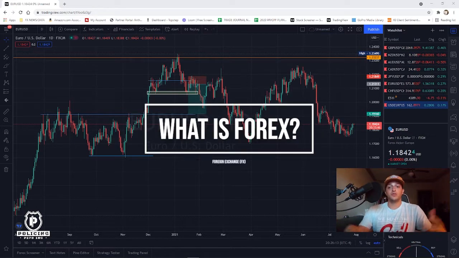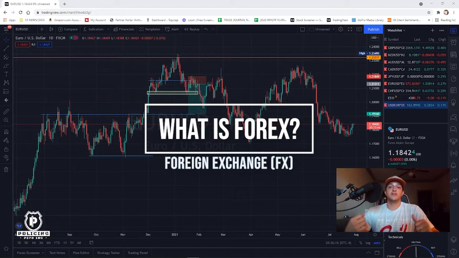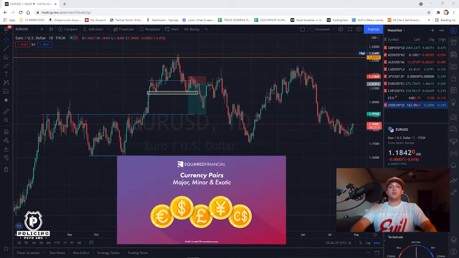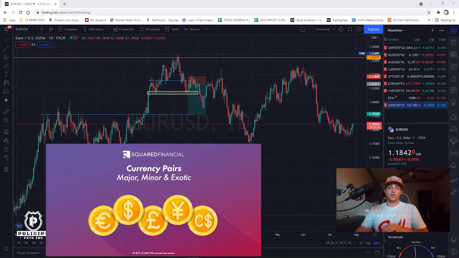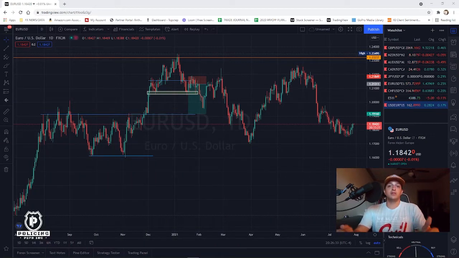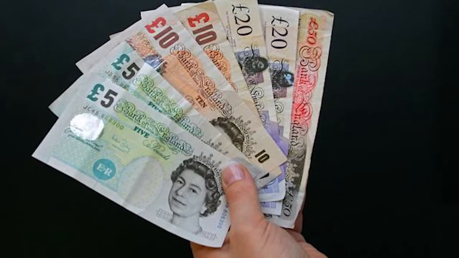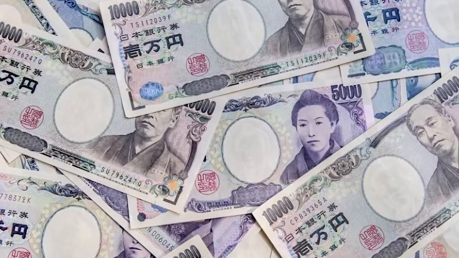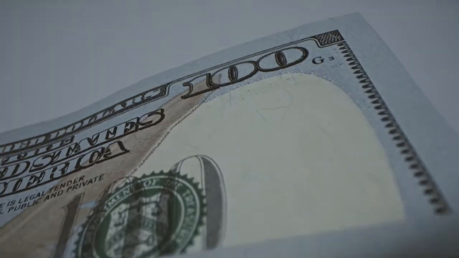So, what is Forex? Forex is the foreign exchange currency. For me, when you hear me say Forex, it's going to be these pairs. I only trade major pairs. A lot of people can mix in majors, minors, all that stuff. For me, super basic. If you ever hear me talk about Forex, it's going to be the British pound, the New Zealand dollar, Australian dollar, Canadian dollar, Japanese yen, euro, Swiss franc, and the United States dollar.